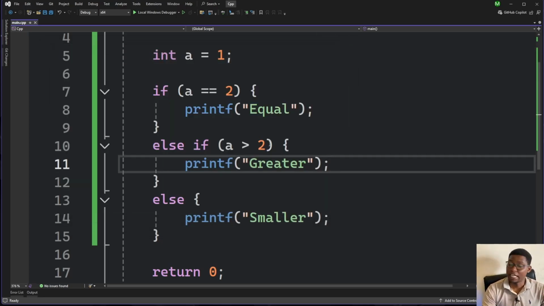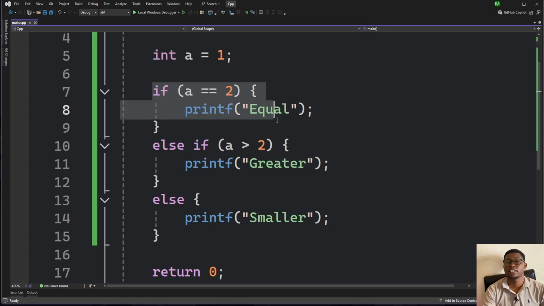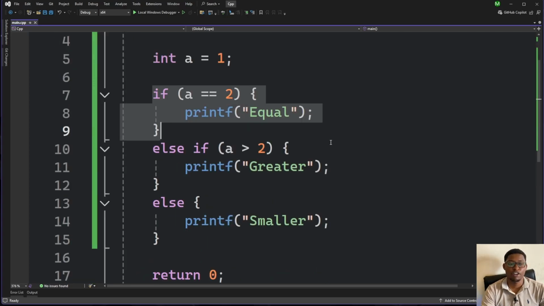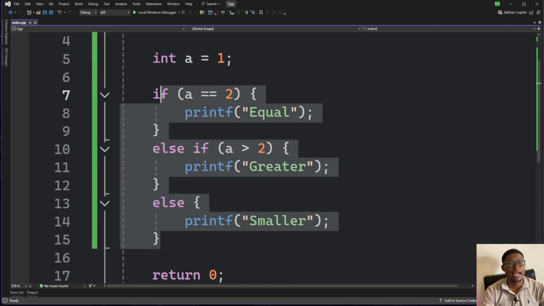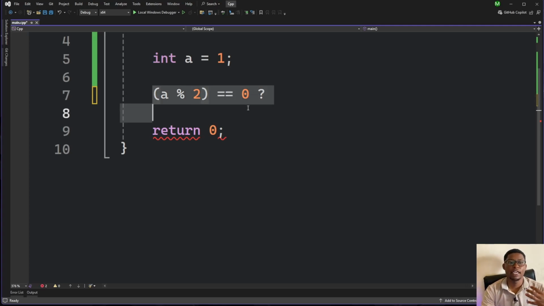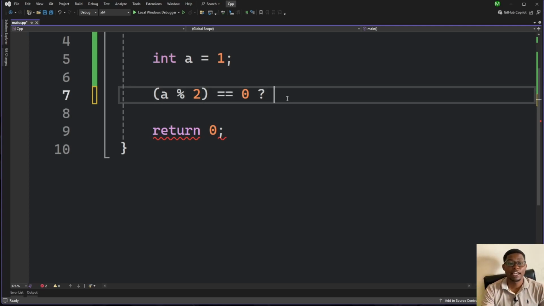So that is basically the same way that you do it. You can see there's the difference in syntax. Now, what about ternary operators in C++? In C++, we also have ternary operators, and the one-liner is written very differently from how we do it in Python. Here we start with our condition. So we're doing a modulus of 2 equals 0, and then we put a question mark. It's like we're asking, is a modulus 2 equal to 0? And if that's the case, then